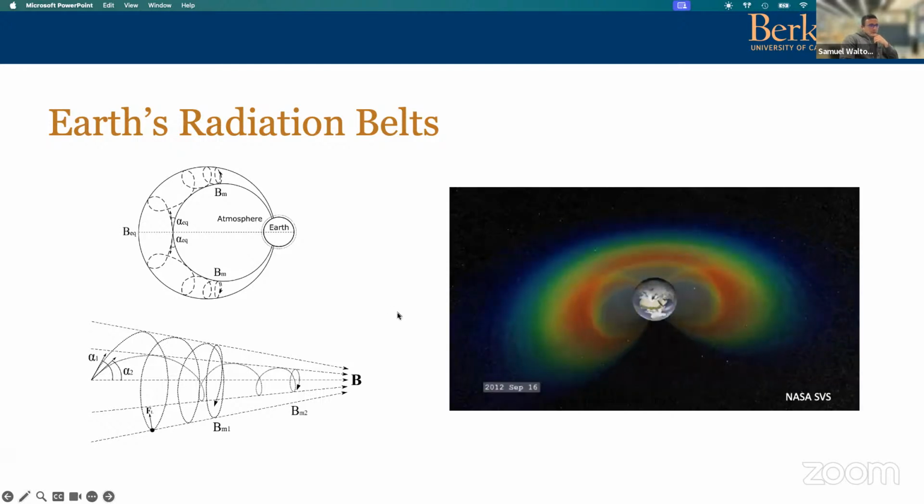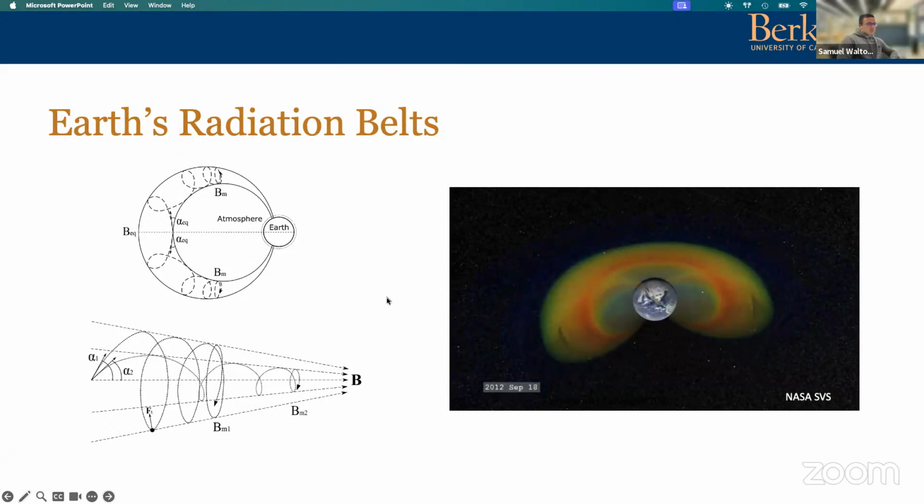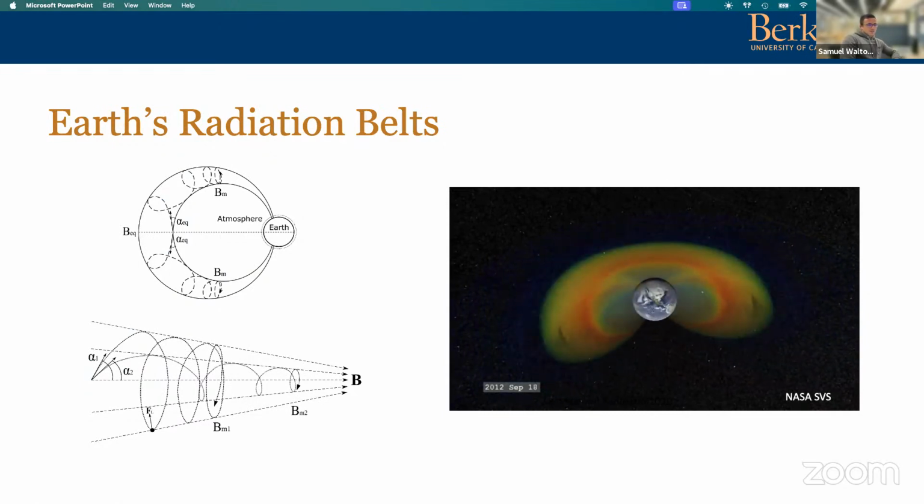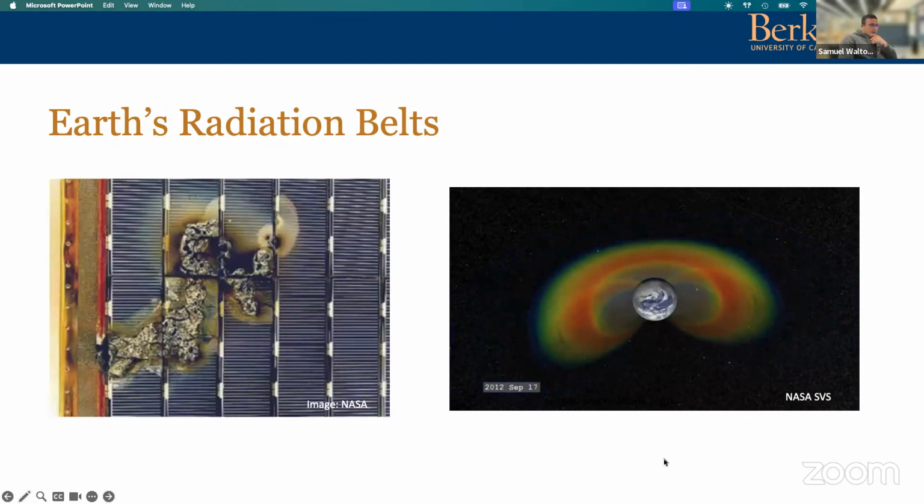We're generally interested in the radiation belts because of their highly dynamic nature, in both intensity and size and spatial extent, as you can see from this animation, based on real data from a few days of SAMPEX measurements, I believe.